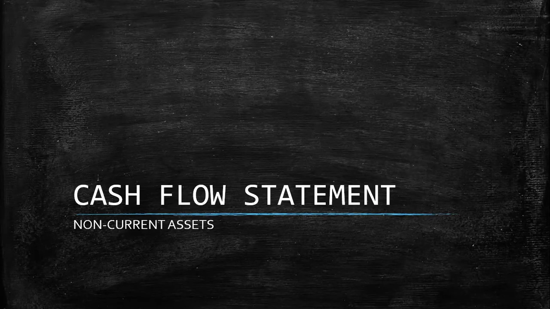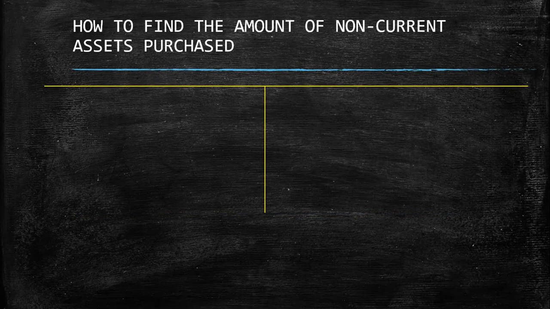Hi. So in this lesson, I'll be explaining the non-current assets under the investing activities. I want to teach you how to find the amount of the non-current assets purchased, specifically the vehicles and equipment. If the information says that new equipment or vehicles were purchased for cash, then obviously the amount will